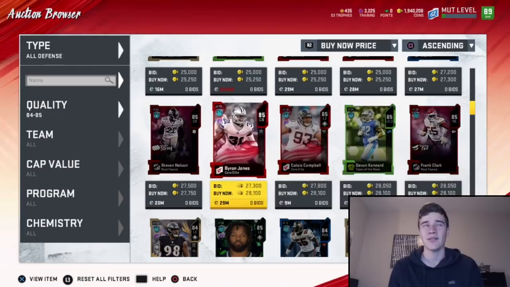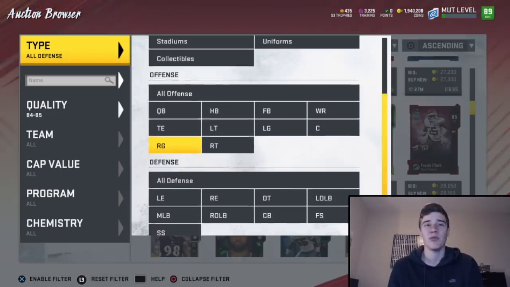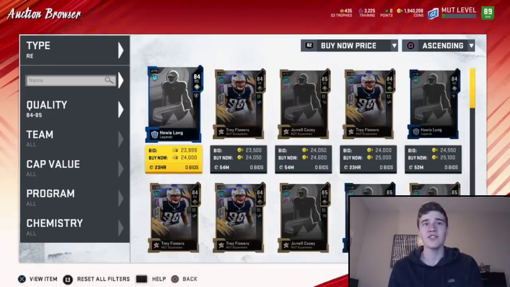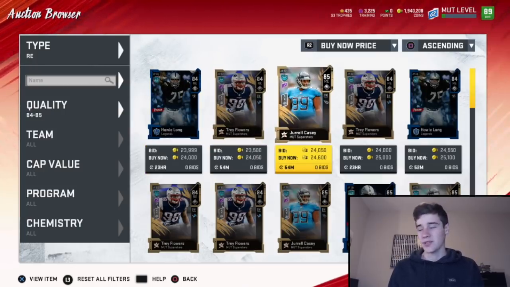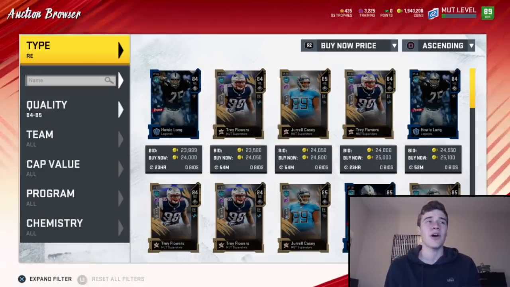So let me check right end. I don't think I checked right end yet. And maybe we can find one here. Again, 24K or under is what you want to pay. As we see this Jarrell Casey up for 24.6, I'm not going to buy it. And then what I actually am going to do right now is move on to the